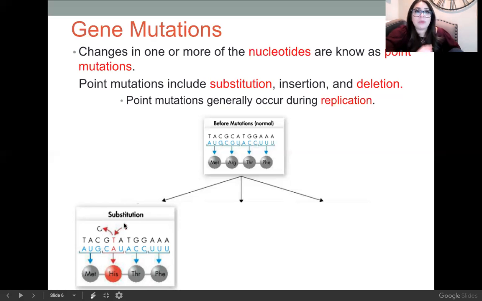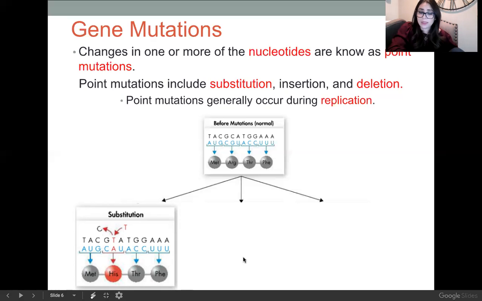For substitutions, I always think of a sports analogy because I played sports growing up, right? If you have a sub, there's still going to be a shortstop. It just may not be me anymore. They may have replaced me with somebody else, right? So here you have this different amino acid that was now pulled,